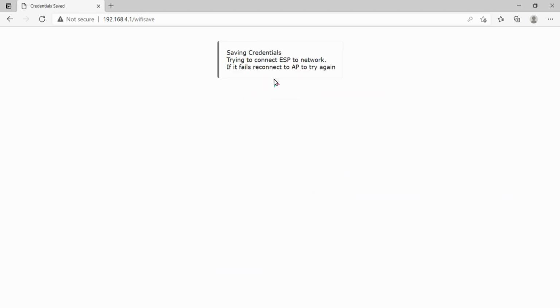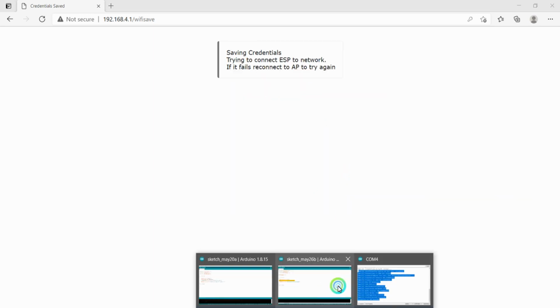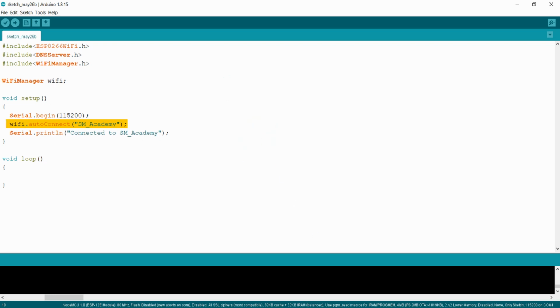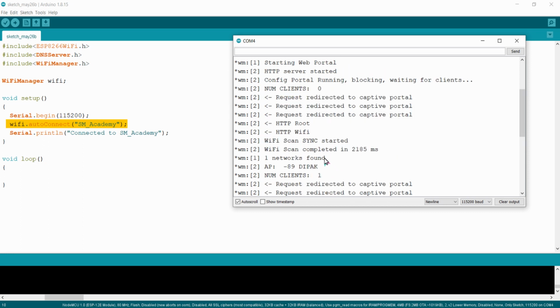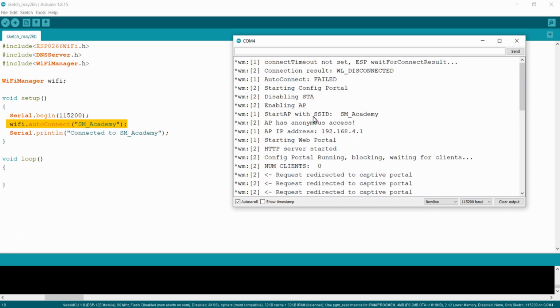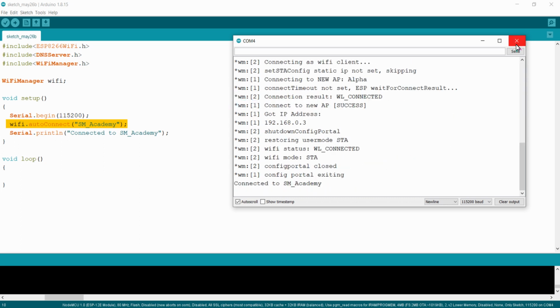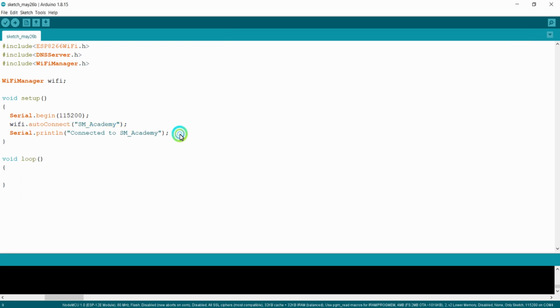that is 192.168.0.3. When I click on save, the mode of the NodeMCU is also changed from soft access point to station mode, as given over here. You can see the Wi-Fi mode has been changed to station, but before it was not station, it was enabling the access point mode. So using this method and program, you can connect your NodeMCU dynamically to any Wi-Fi network. This is known as soft access point mode of NodeMCU, and see you in the next lecture. Thanks for watching.